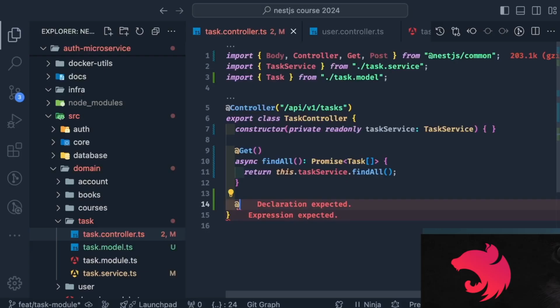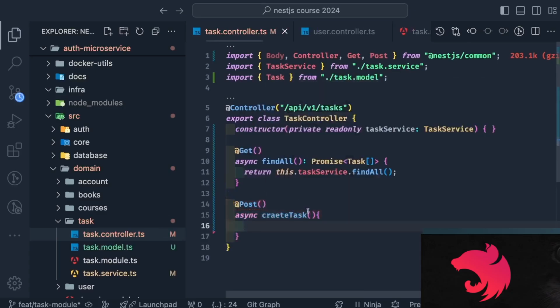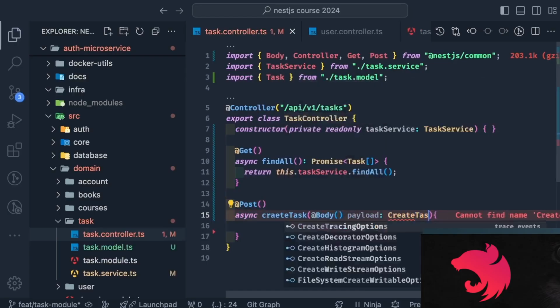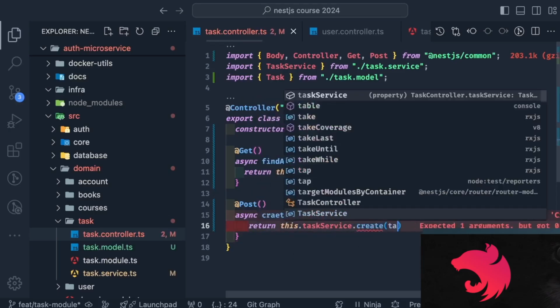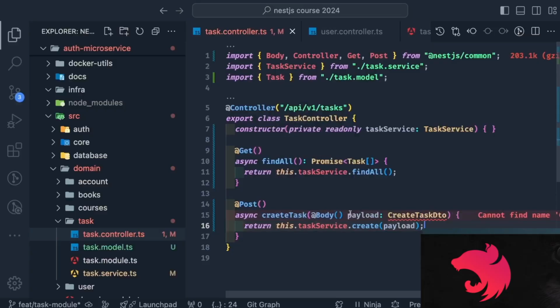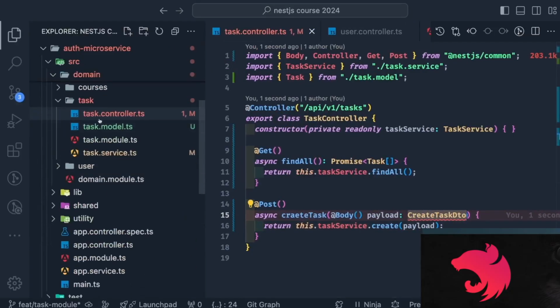Get, find all. It is returning a promise of task array. Either you can do await, but there is nothing to await here. These are static array methods. We are not doing async await operations here. So create new to do, this.taskService.create. TaskService is injected inside the controller, and I can write a